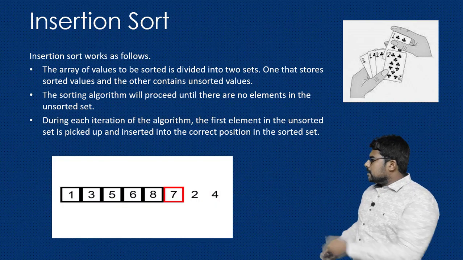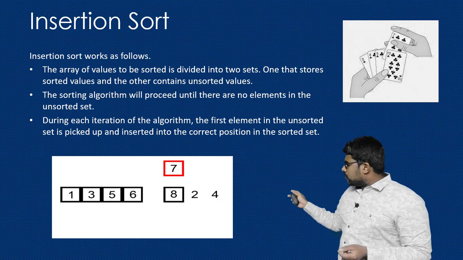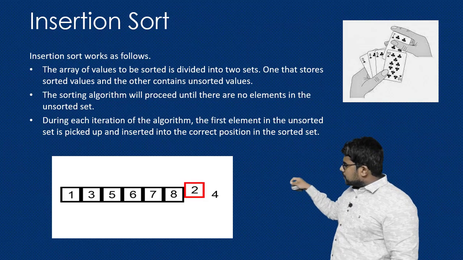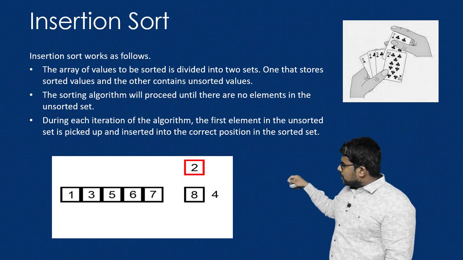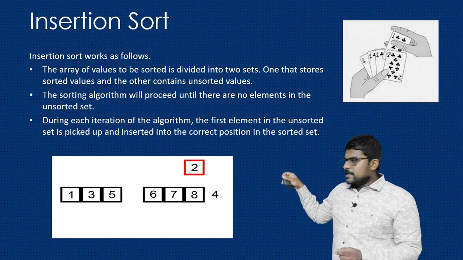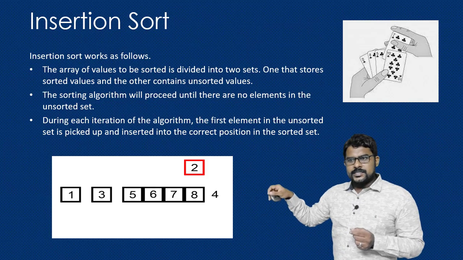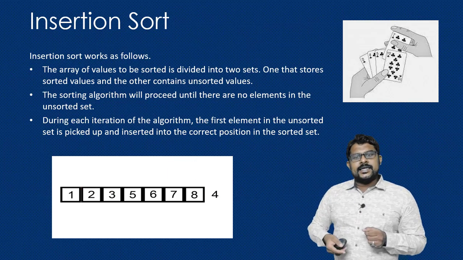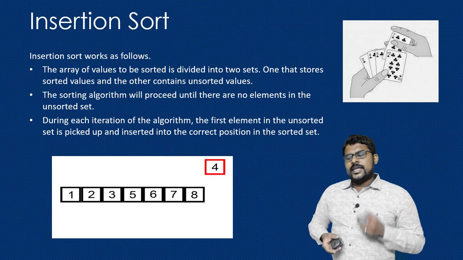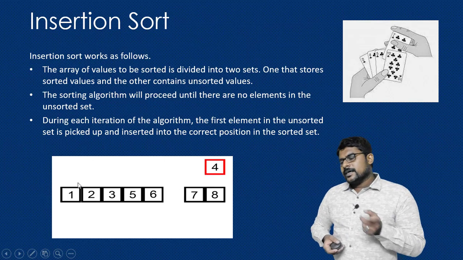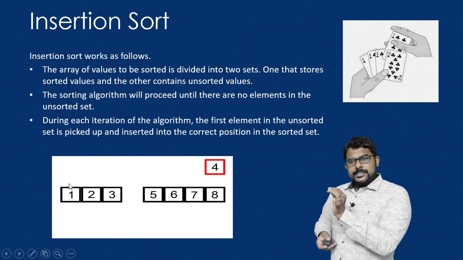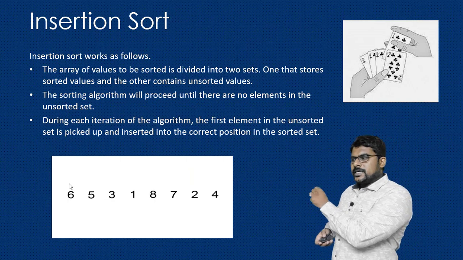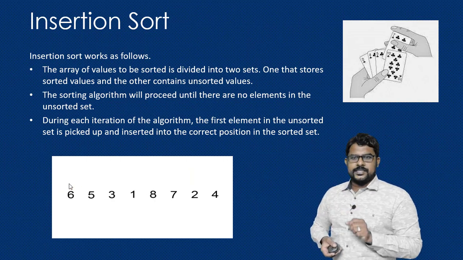Okay, so every time the element you pick from the unsorted list, in the same array, is the one with the larger index. Every time you pick an element from here and insert it into the already sorted list. Likewise, we repeat this until the entire array gets sorted. Okay, so let us see how this can be implemented. The main principle here is that every time you take the first element in the unsorted list and try to insert it into the sorted list.